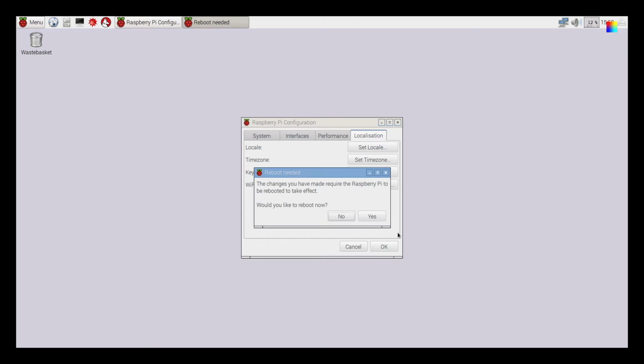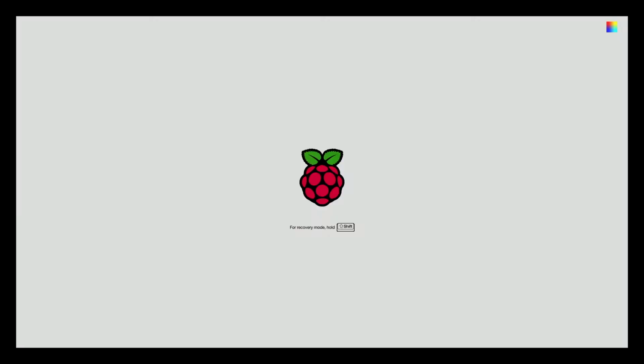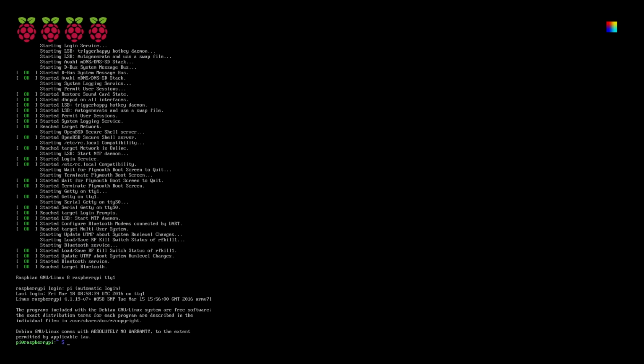Now once you hit OK, you just hit yes. And now your Pi will reboot into command line. Okay, now we are back in the command line. So it automatically logs you in,